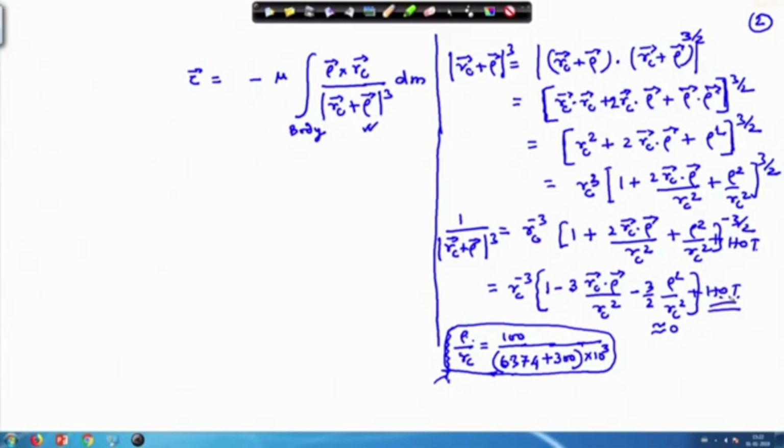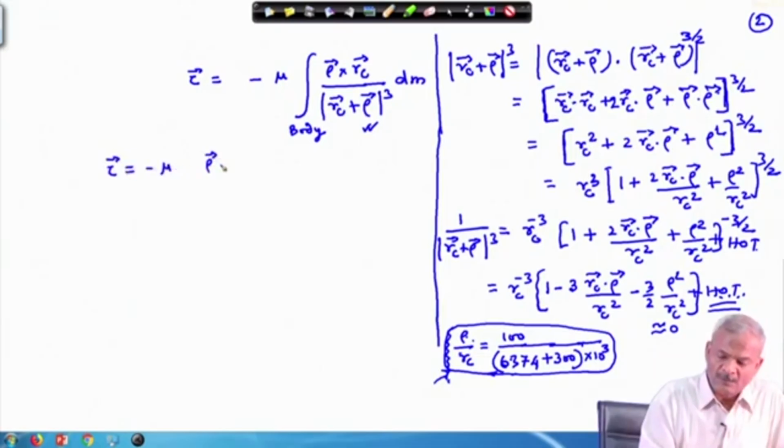So, this kind of terms we can ignore, okay. But if you are looking for a very precise calculation, then you should take into account. Otherwise, for getting into the physics, these things should be ignored. Now, once we ignore this, so what we get, this tau equal to minus mu rho cross r c d